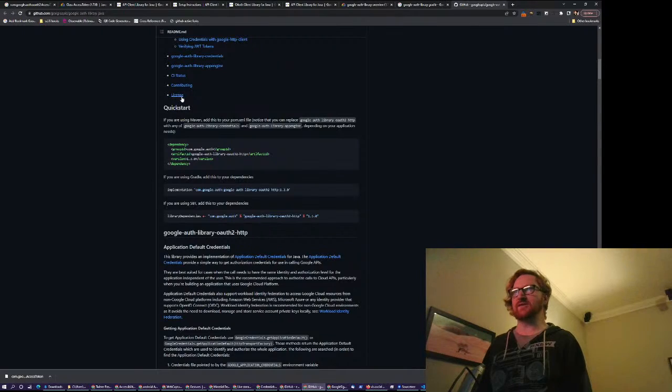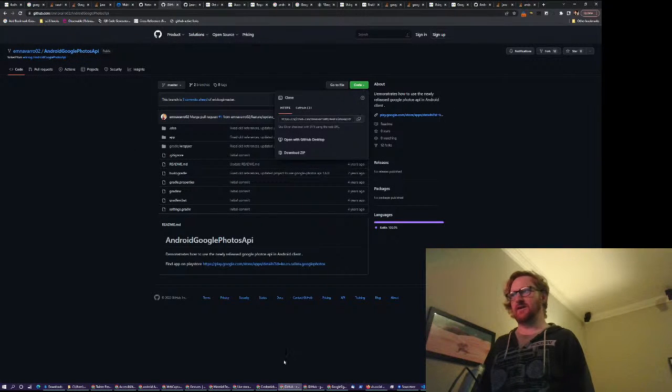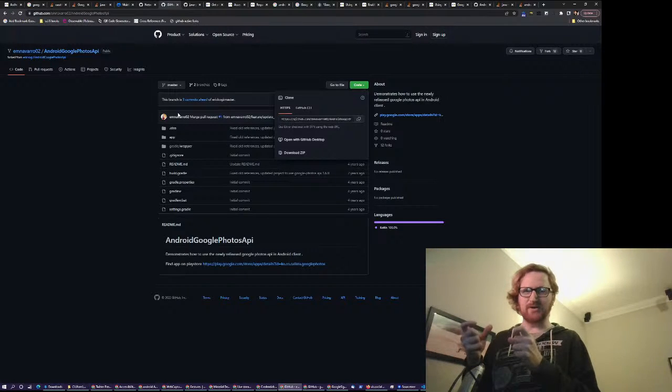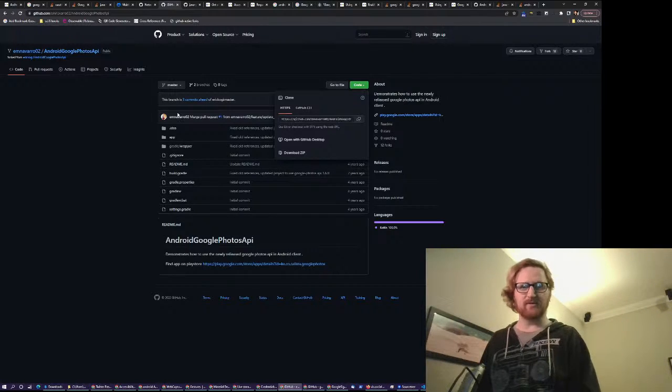I found this GitHub project, Android Google Photos API, and it showed kind of how to basically use the server API credentials in your Android app. So your Android app is pretending to be a server, and that way you can access the Google Photos API